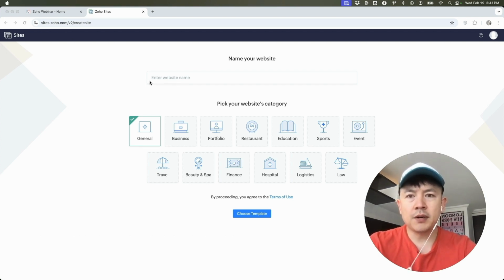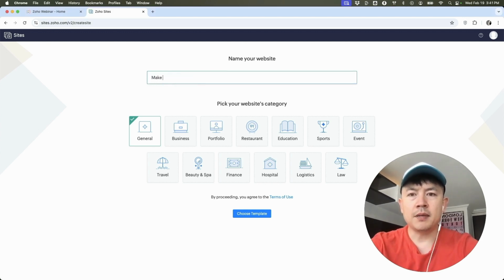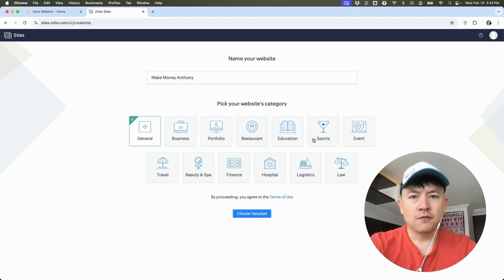Now here on the home screen, if you want to create a website with Zoho, you're going to go ahead and first name the website. So we'll go ahead and name this Make Money Anthony. Okay, next you can go ahead and choose the category. So for me, I'm going to choose finance, and then I'm going to click here,